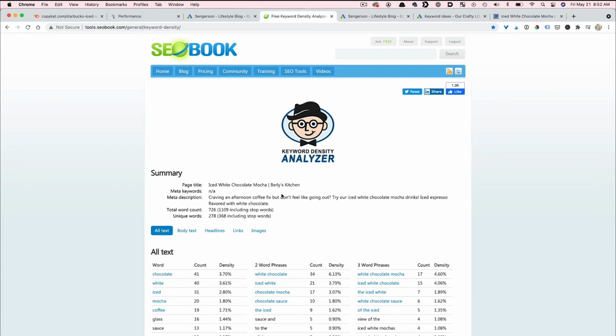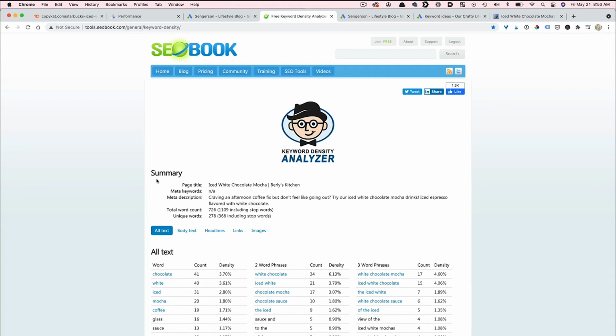So you've got your top 10 competitors that are already ranking for the key term that you're trying to focus on, right? I would go into this tool and look at the number of words that they have on their blog post already, and I would add 20% on top of that, knowing that that's my target. And then after that, I would craft a description, all before I wrote a blog post, to make sure that it's clickable, and I also get ideas from the other blog posts that are already out there, so that I can kind of mimic it, not copy it, but mimic it, or at least draw some ideas from it.